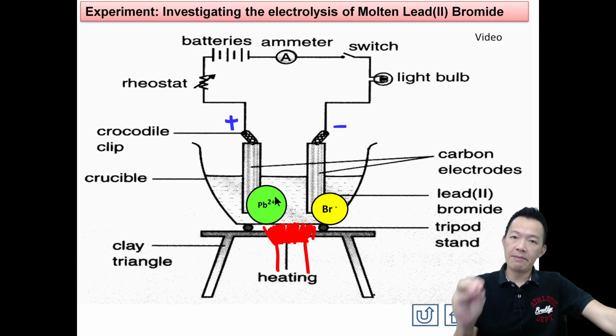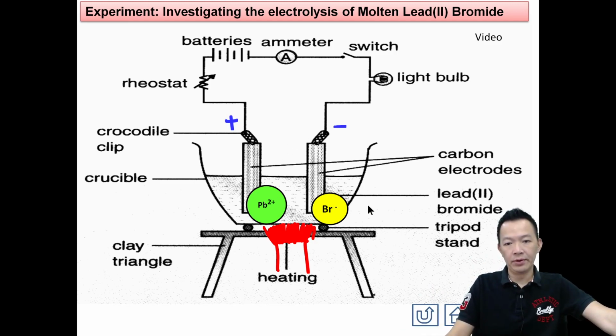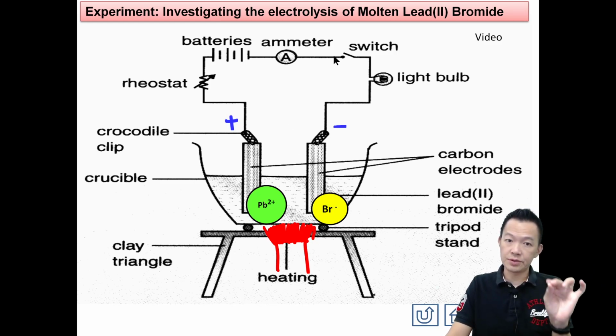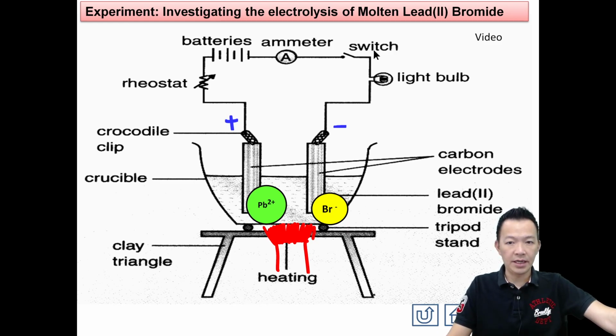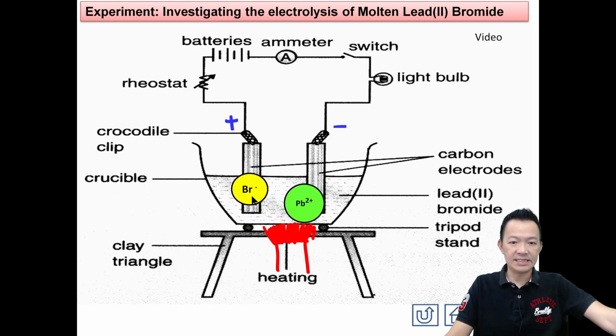Become the molten lead bromide 就变成了熔掉的 lead bromide or become electrolyte 能导电了 OK Now you turn on the switch 它一导电它一熔掉你就可以开电了 When you turn on the switch, the positive terminal is going to attract the negative ion, the negative terminal attracts the positive ion 对不对 So now I turn on the switch 开电加就拉减的离子减就拉加的离子 OK